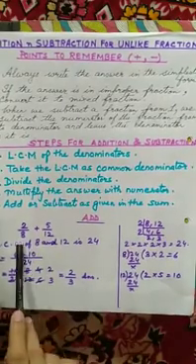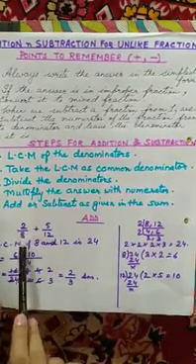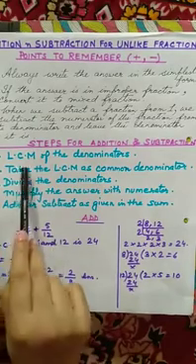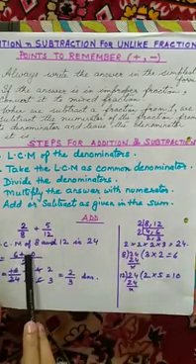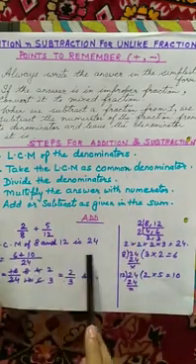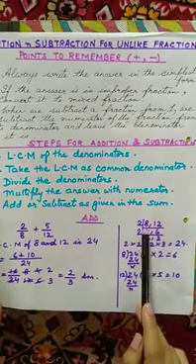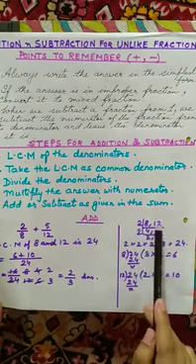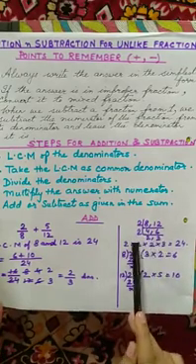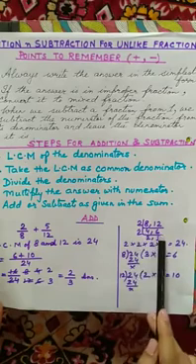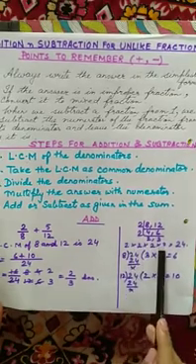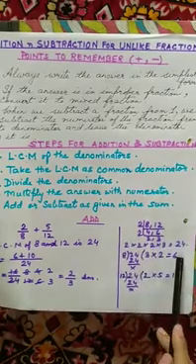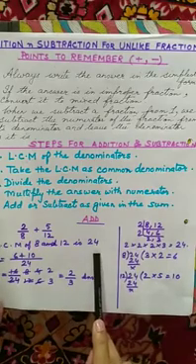We have addition of two unlike fractions here, 2 by 8 plus 5 by 12. The first step is LCM of the denominators. So we find the LCM of 8 and 12, which is 24. How did we do that? We divided 8 and 12 by 2. 2 4s are 8, 2 6s are 12. This can again be divided by 2. 2 2s are 4, 2 3s are 6. Now we multiply all the numbers outside the bracket. 2 into 2 into 2 into 3 is 24.